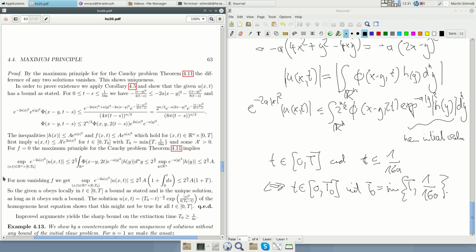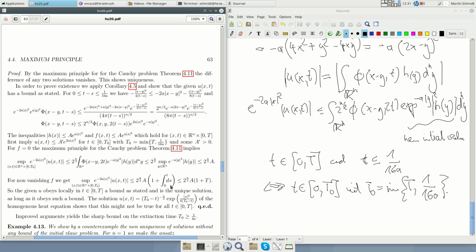So this means we really get a solution of the heat equation which obeys a bound as described, and so this is a solution. Now what happens if we go further? Of course we might apply this and increase this again and so on, but in any case after finite time the solution might explode, and this we see by